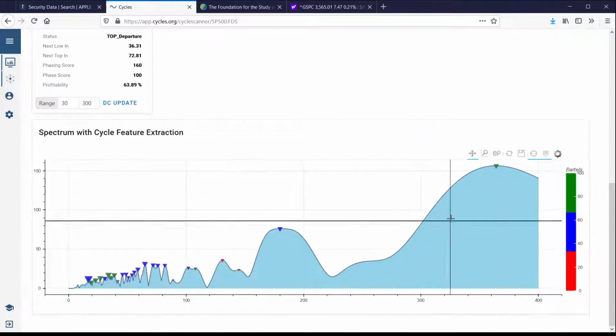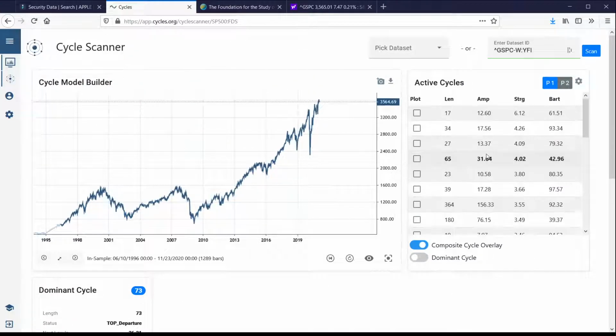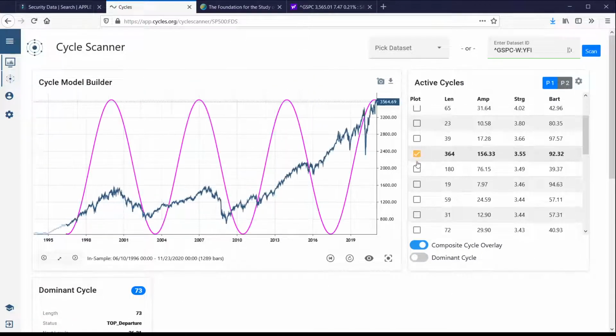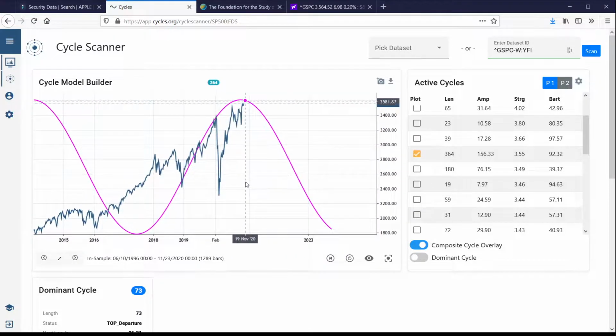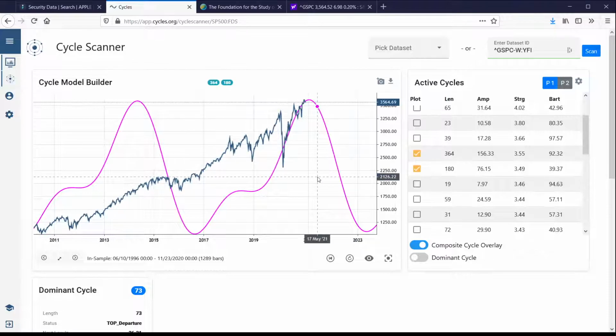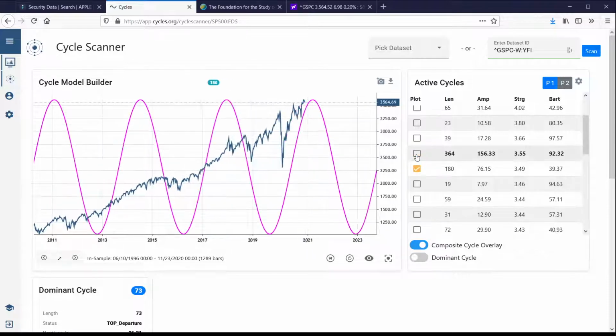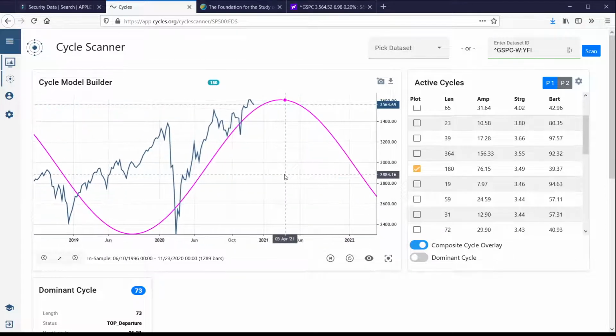So let's check. Yeah, now a longer weekly cycle comes into play. This one here, you see it catches a little bit better the cycles which you also see on the price chart. This one was skipped, and this is now signaling we are at a weekly high. So this is then in a huge downturn, and we have the 180, which was also shown here, which signals we have still some room to go. So this is what you need to do if you play a little bit with these cycles.